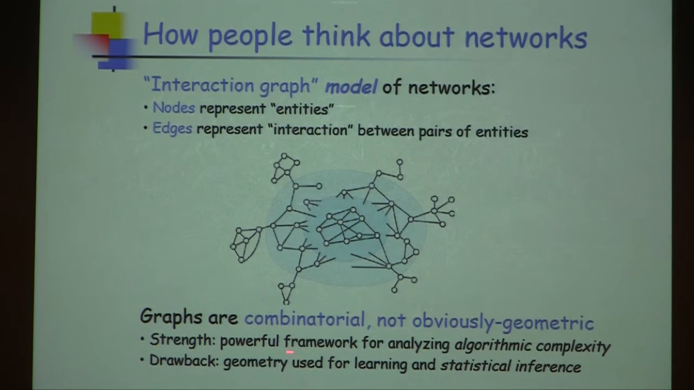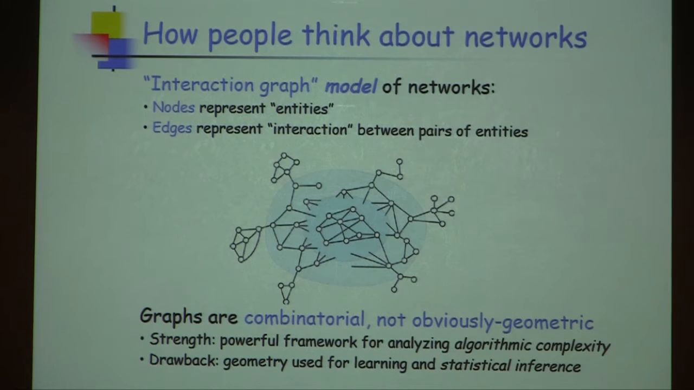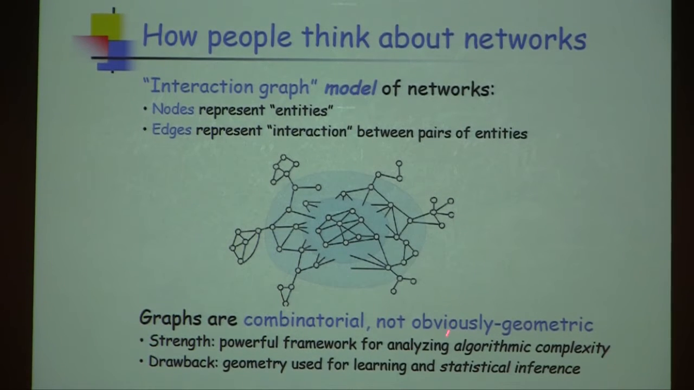So the strength of this is that it's a powerful framework for analyzing complexity. So if you really want to work on a million-node graph, you're coupling with databases and so on, you need to worry about complexity issues. And not in the sense of complexity theory, just in the sense of algorithms. The drawback of this is that geometry is really very useful in machine learning and a range of other areas for doing inference, but it's a very different way to think about the data. And so the question is,